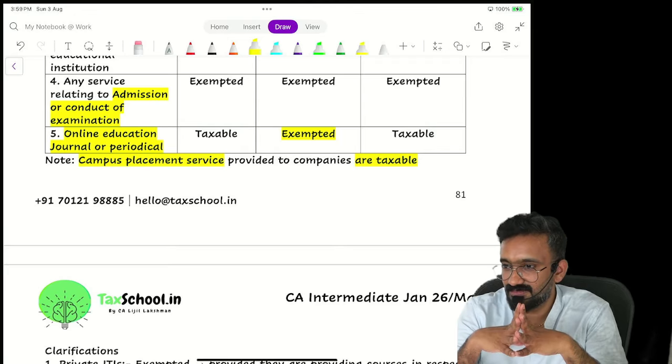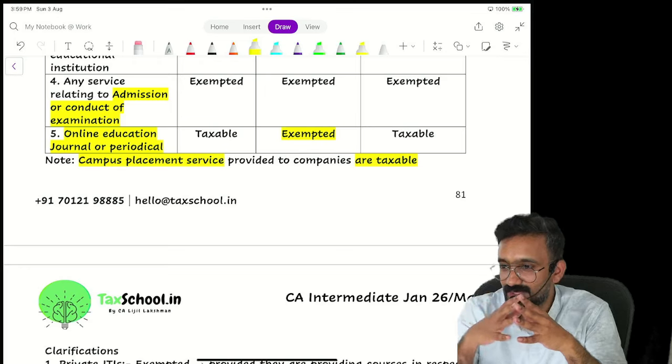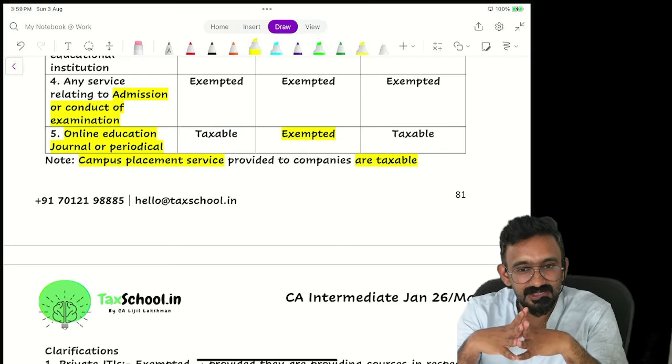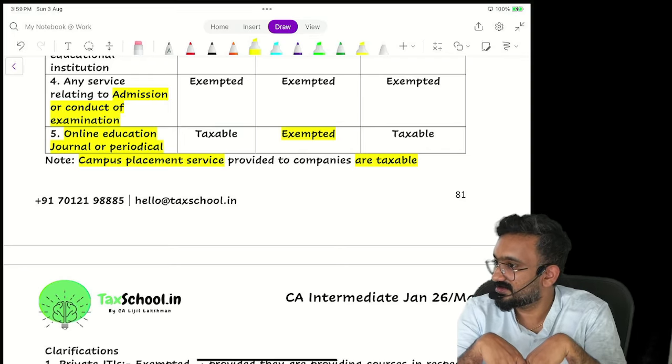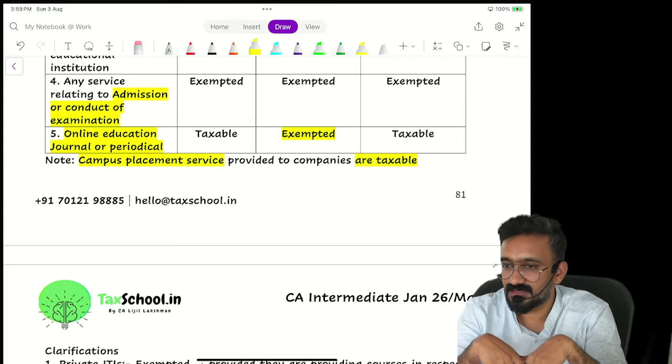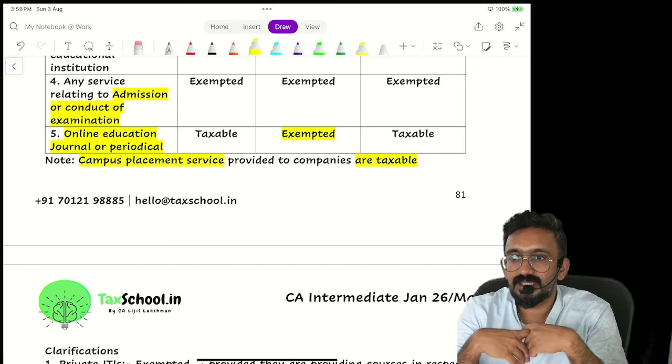Invigilator, valuer, renting of premises, printing of question paper. Understanding? All of this could be exempt. With me? ICA has rented out